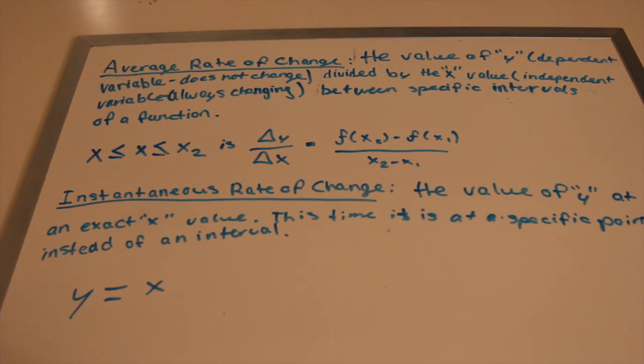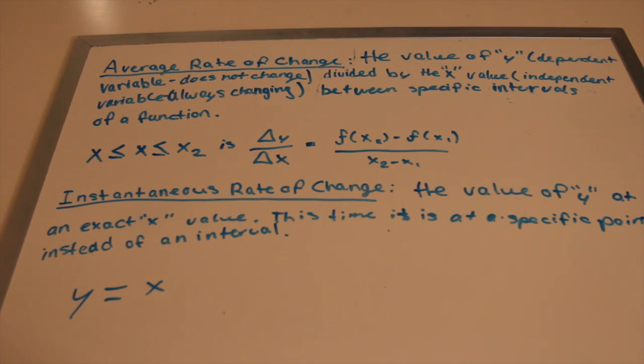So you take 2 plus 0.001 and 2 minus 0.001, and then you take f of 2.001 minus f of 1.999, and then over 2.001 minus 1.999, and that will give you the instantaneous rate of change. I know it seems a little confusing right now, but it all makes sense once I explain it more in